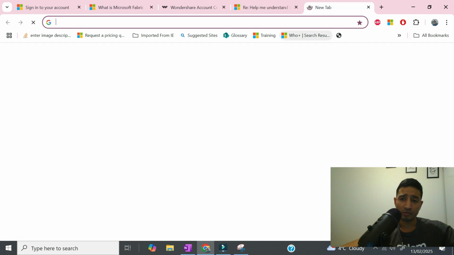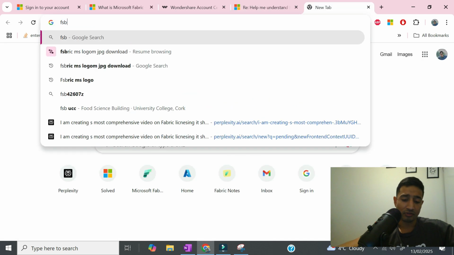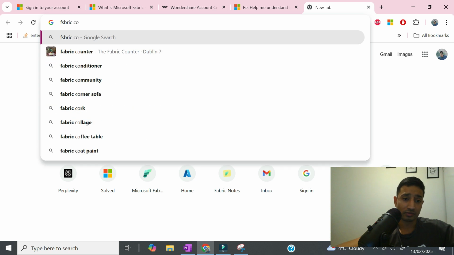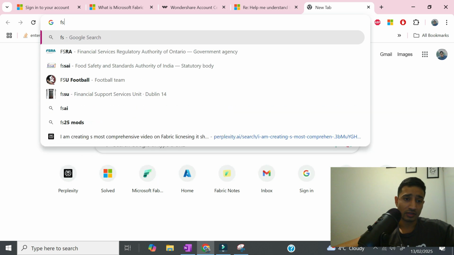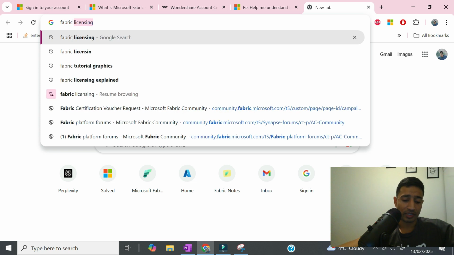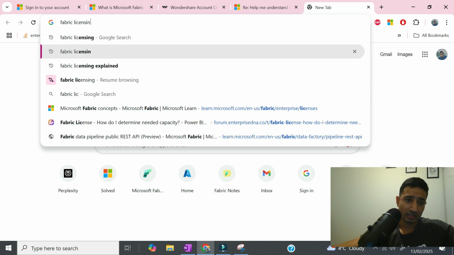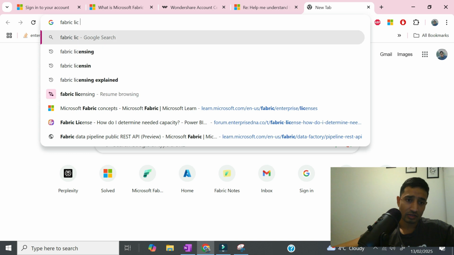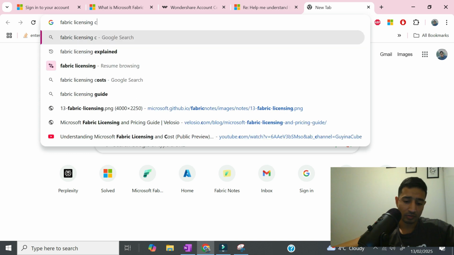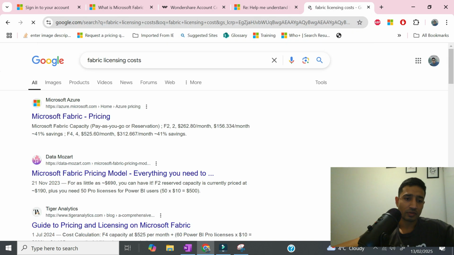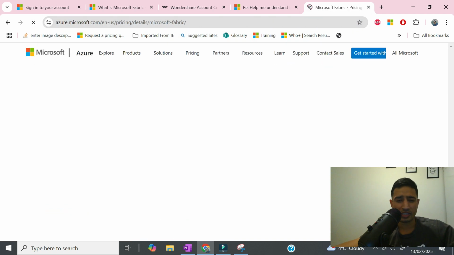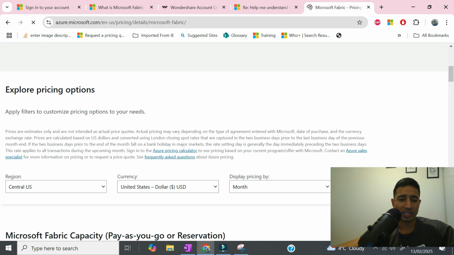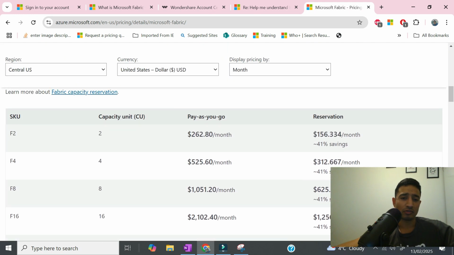One thing, let's cover one more thing which I missed: Fabric costing. Fabric licensing cost, something like this. So this is very simple costing and it's very self-explanatory documentation, right? And this is for Central US, but you can select your own region here. F2 means 2 capacity units. It will go for